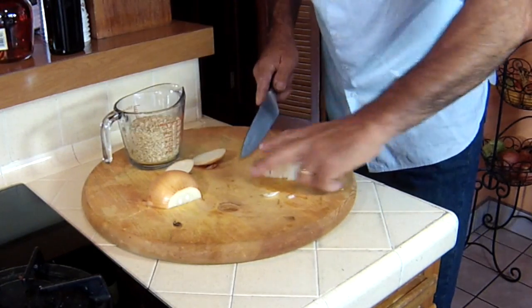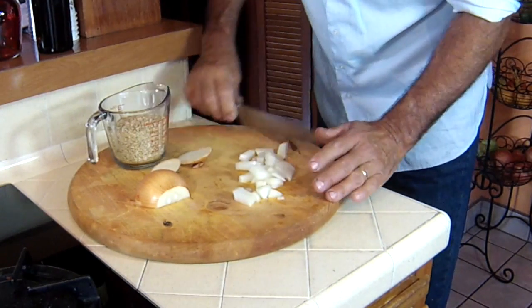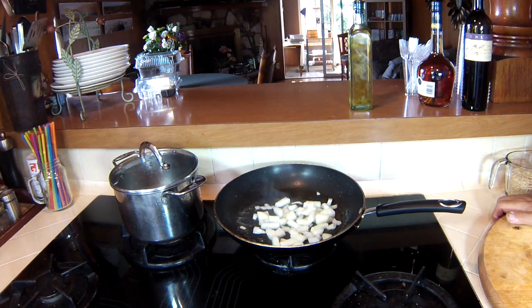There we go. Okay. Perfect. Alright, let's get the onions in there. Okay, now into our rice mixture, since I've got 3 cups of water, I'm going to